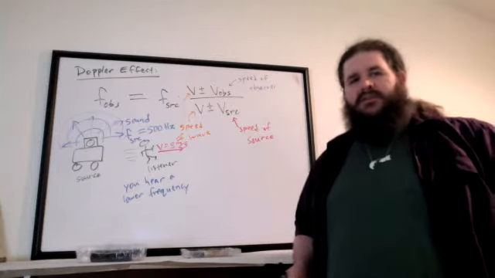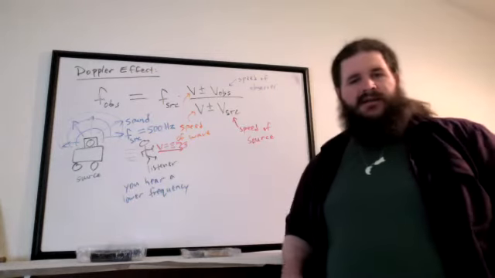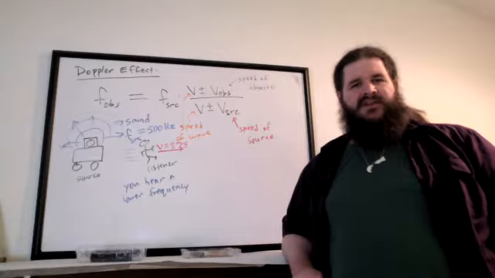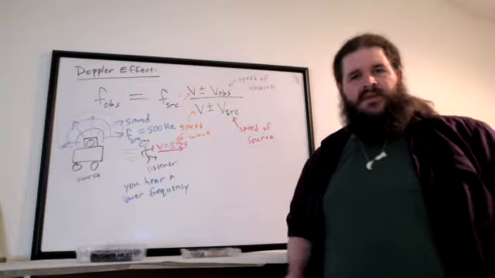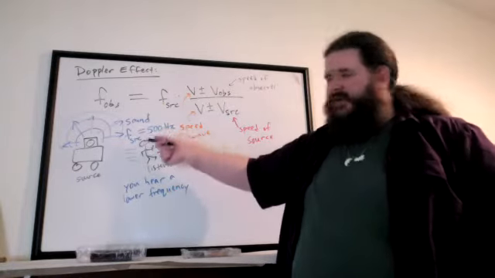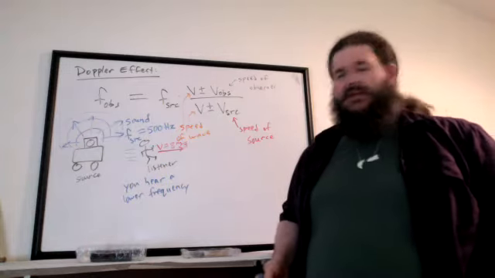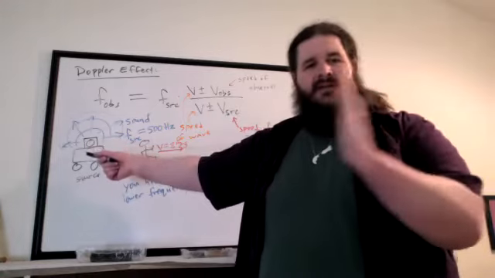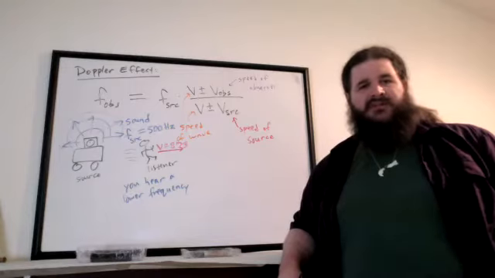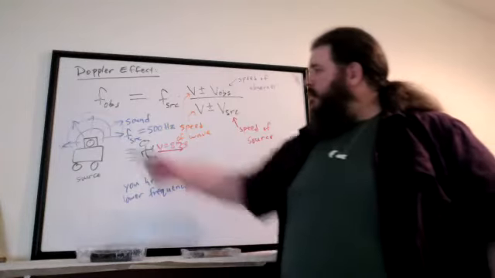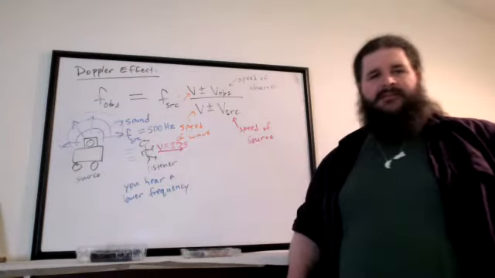But what is it? What's the physical meaning of frequency? If we say the frequency is 500 hertz, what's the speaker actually doing? What does that tell us about the wave it's creating? Isn't it the number of cycles per second? Exactly. Frequency, 500 hertz means 500 cycles per second. Hertz literally just means things happening per second. So the speaker is vibrating 500 times per second and creating 500 outgoing crests per second and 500 outgoing troughs per second. So when the speaker is producing a 500 hertz note, it's creating 500 wavefronts per second.